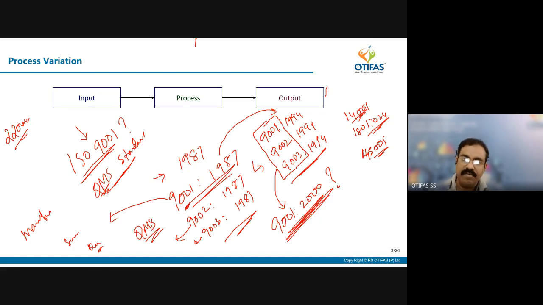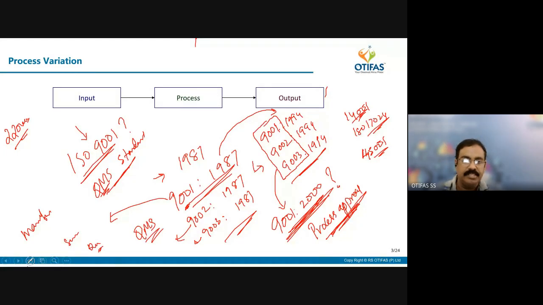Now in 2000, they combined them into one single standard and named it the same, ISO 9001 QMS only, but they introduced a concept called process approach. Now the definition of process, what I said: process is a set of interrelated activities that transforms input into output. This was actually defined at that time, and the major concept of ISO 9001:2000 was process approach. Now, what is this process approach?